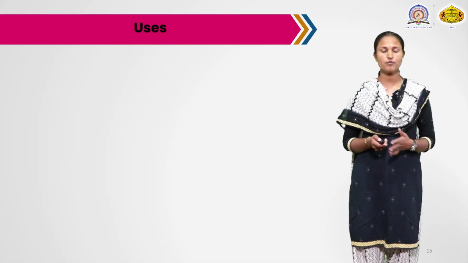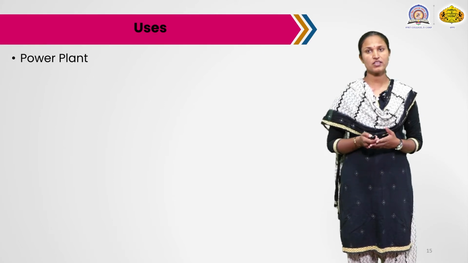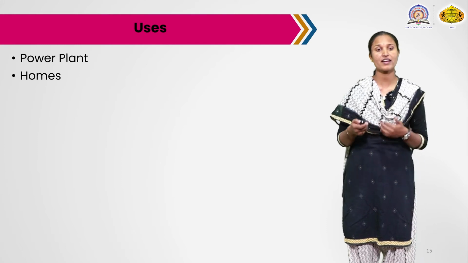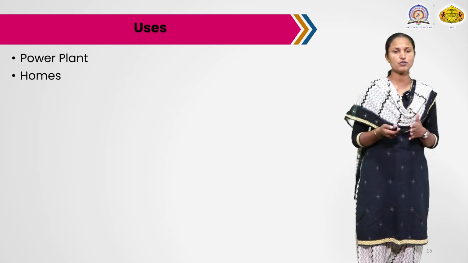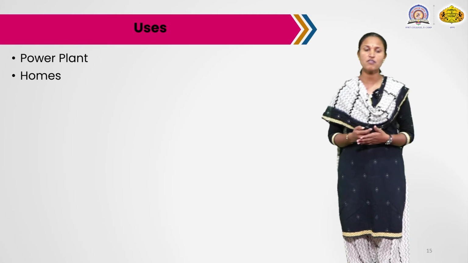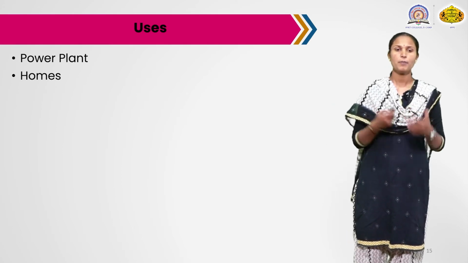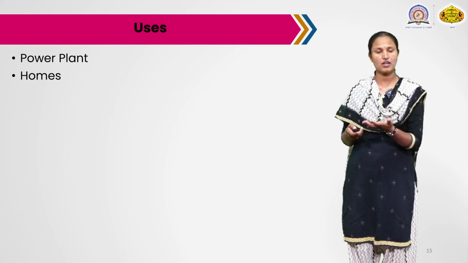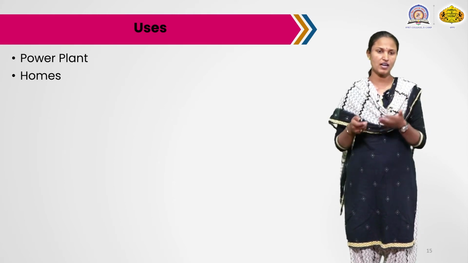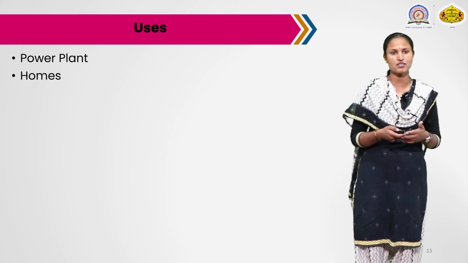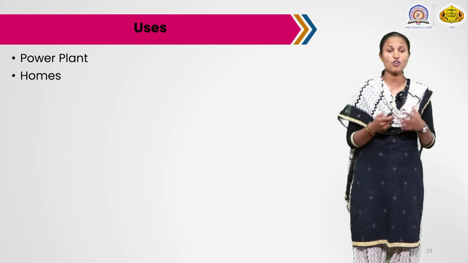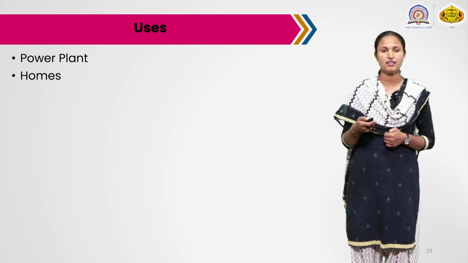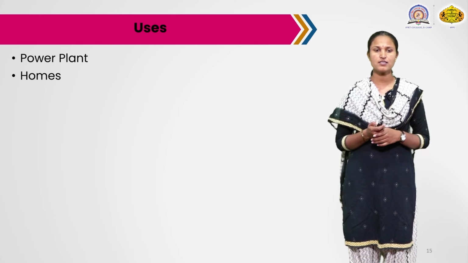Then uses of the solar cells. We know the uses of solar energy and solar cells. We have them in our daily routine life, and solar energy is converted to electric energy. First use is the power plant. In a power plant, we take the solar panel, and the solar panel generates electricity, and we use it in our homes, industries, and daily routine life. We have to give the solar systems.